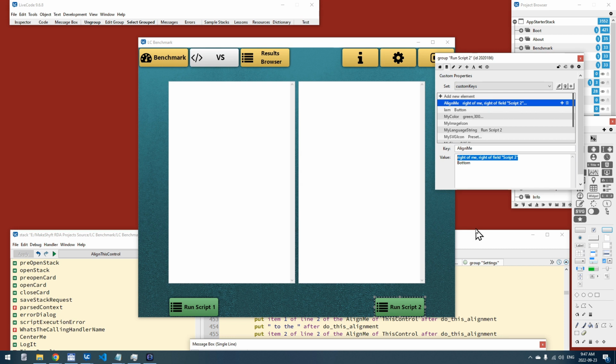So we're going to do a little math, and math is sometimes scary, but we're going to learn what it is. We want to center this button below this field. So we need to say left of me, and then comma, and then we use some LiveCode script